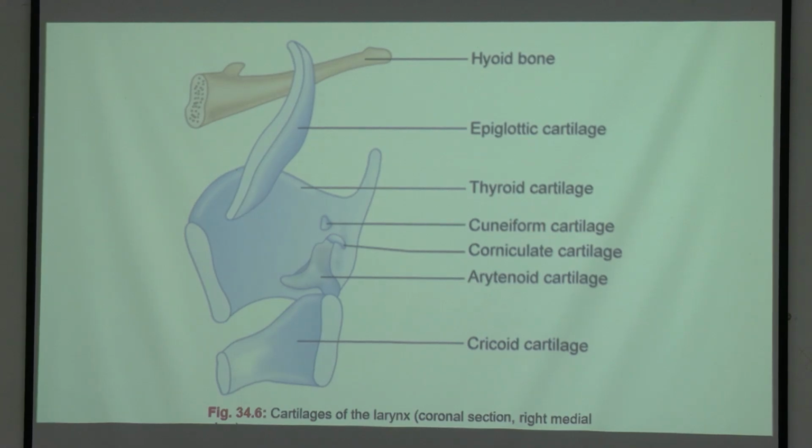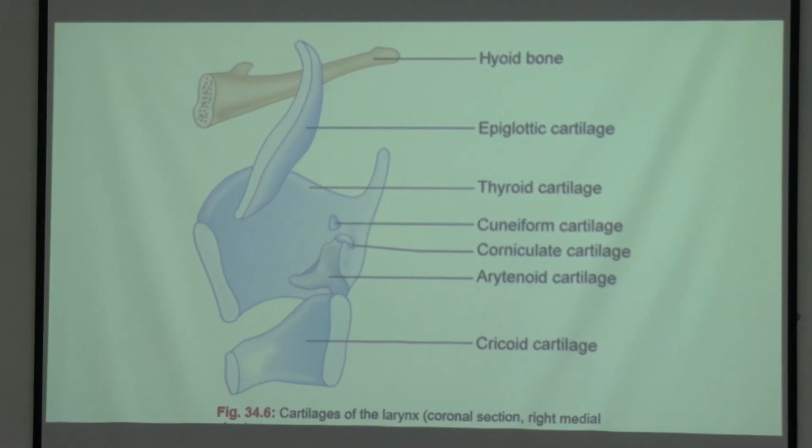Now this is the picture of the epiglottis, thyroid cartilage, arytenoid cartilage, and cricoid cartilage. This is the apex of the arytenoid cartilage, and this is a process. It looks like